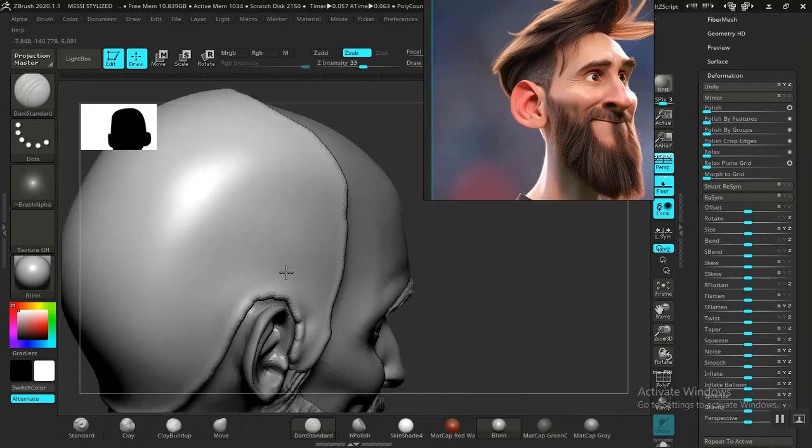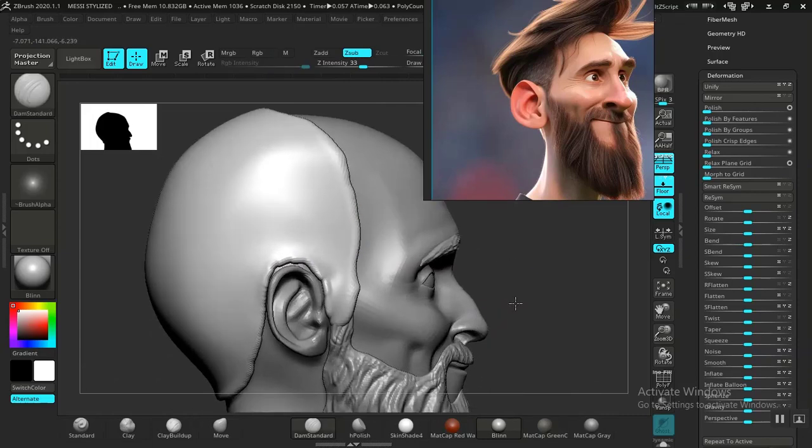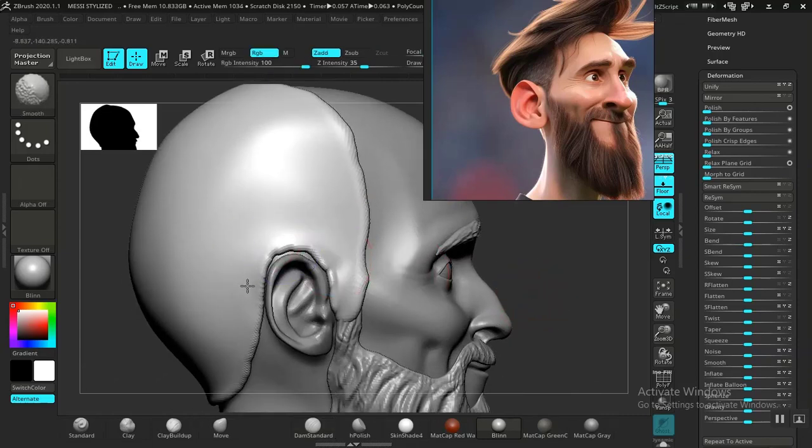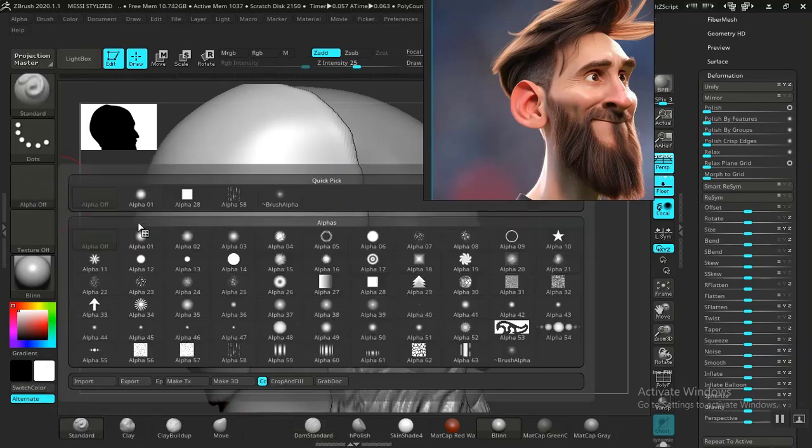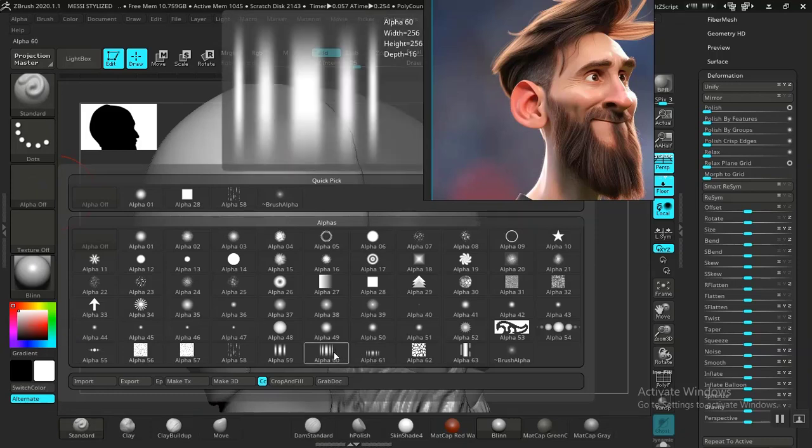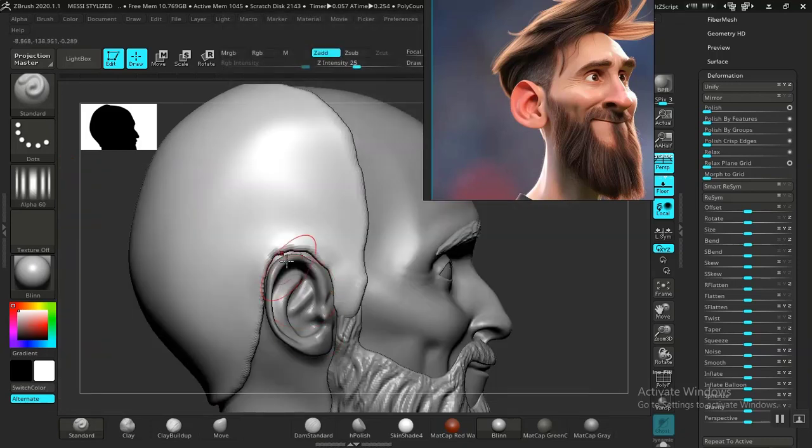Just checking this to be sure. Okay, I think I'll just use the normal regular smooth now. So now I can bring in the alpha in here. I think I'll just use this one instead. No, this longer one should be fine. This should be fine. And I can start carving out some kind of